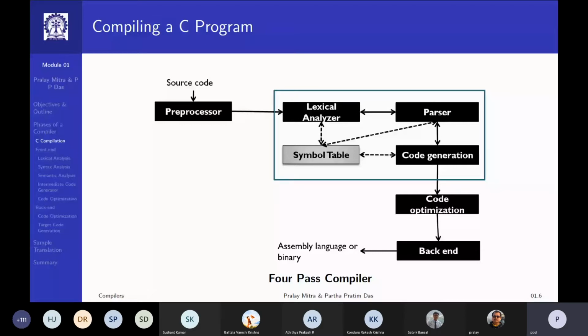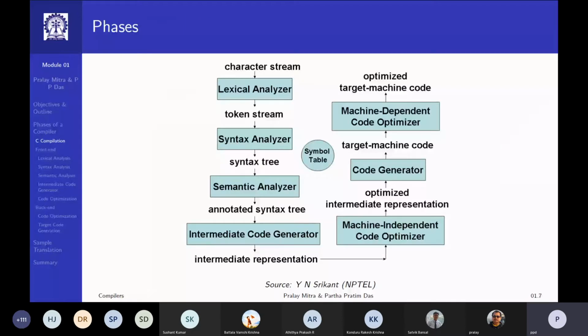Now that same diagram I'm showing in terms of the actual flow of phases. A compilation process is multiple phases because it is a translator. It takes the input of a source program, which is necessarily a character string, and finally gives you target machine code in assembly, which is kind of a binary.